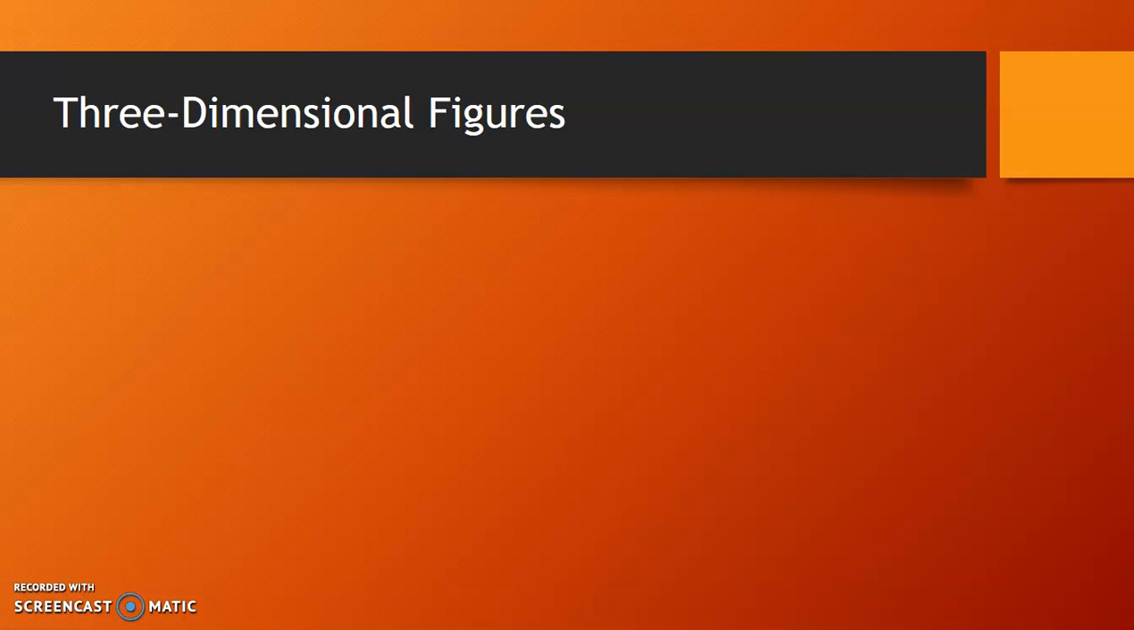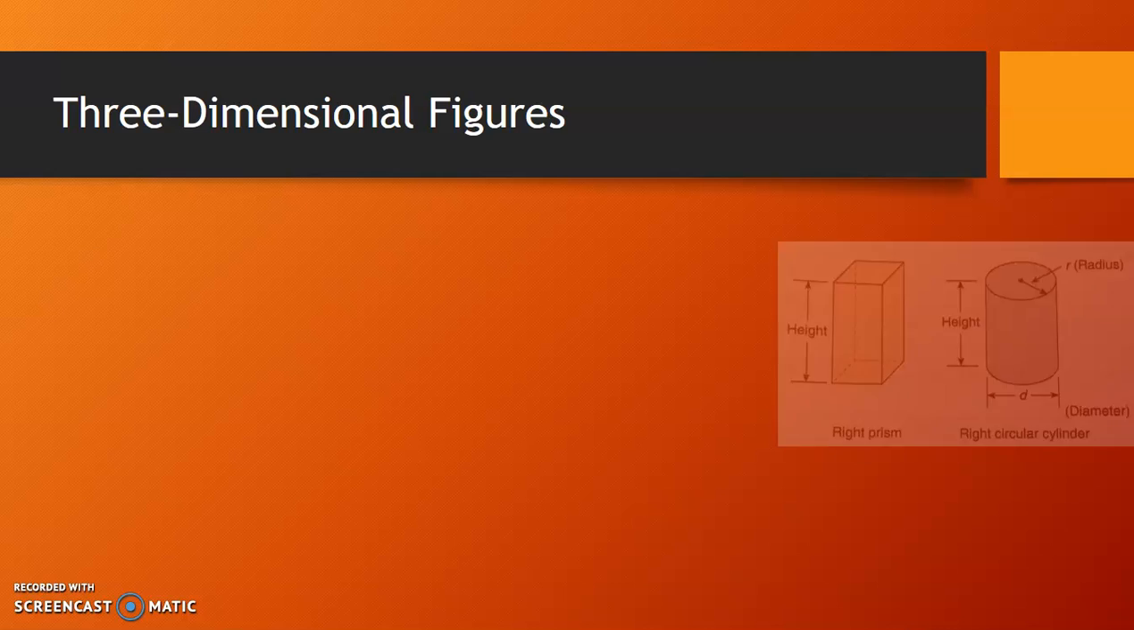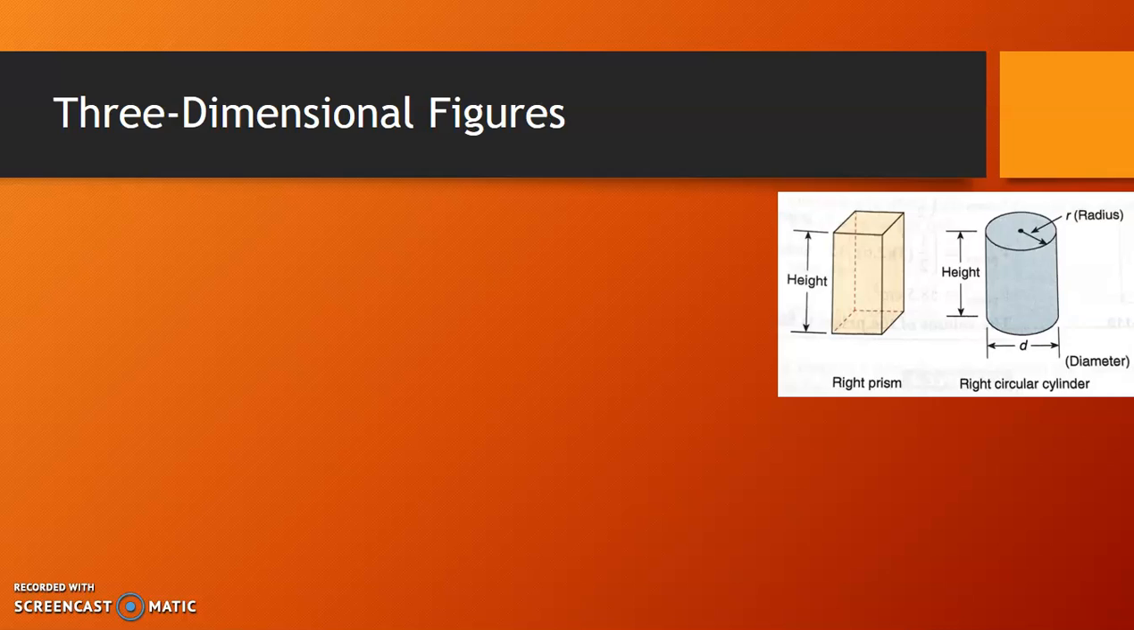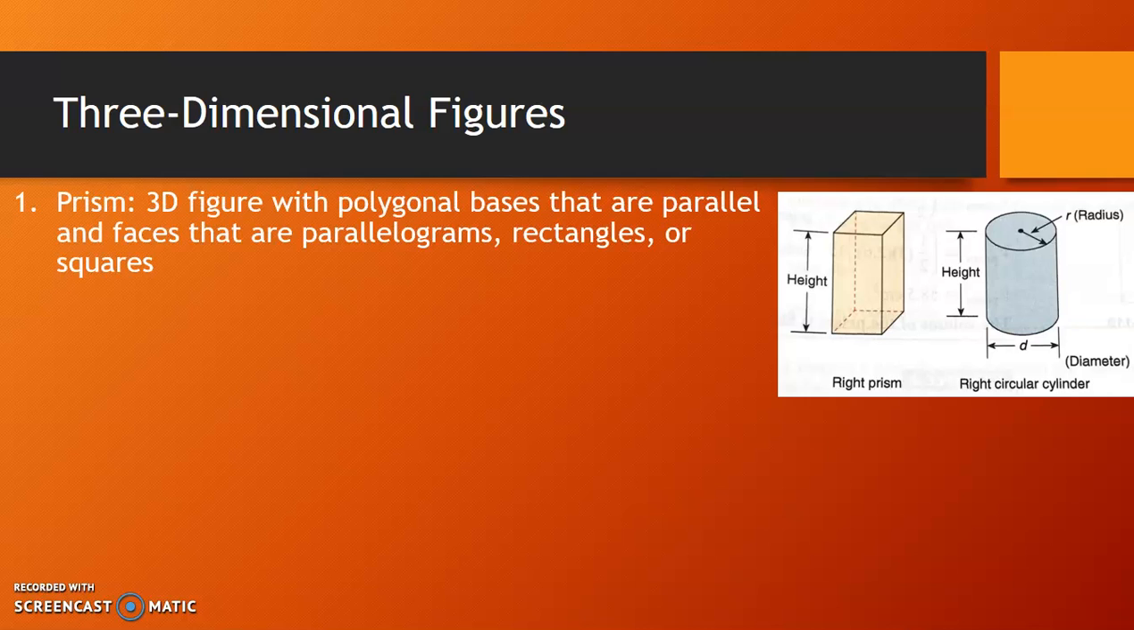So let's first just go over what a 3-dimensional figure would be. Most of these you're probably familiar with, right? You at least have an idea of what they would be because you see them all the time without even realizing it. So we have prisms, which would be a 3D figure that has bases that are polygons, and then all of their faces are going to be parallel to each other, and those would be shapes like parallelograms, rectangles,